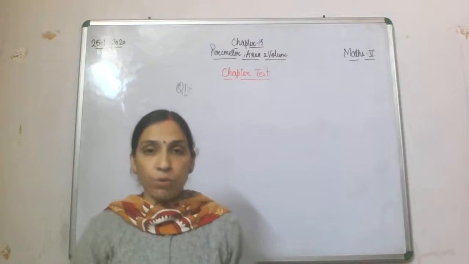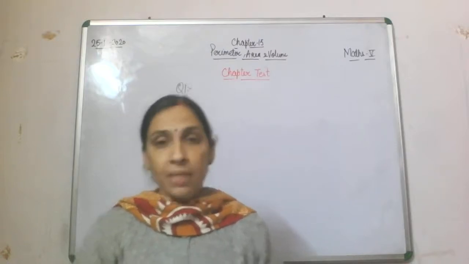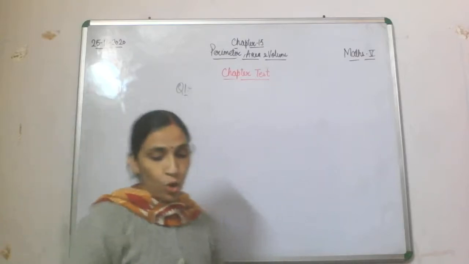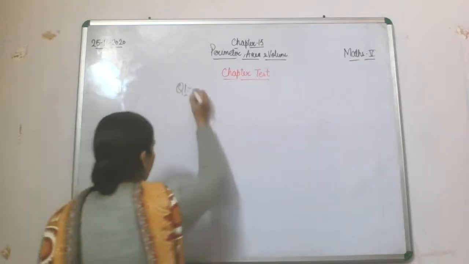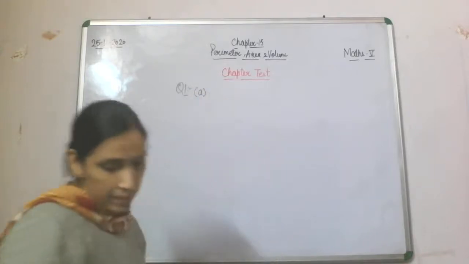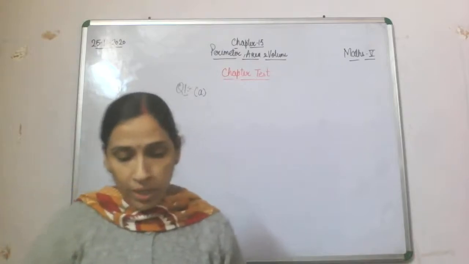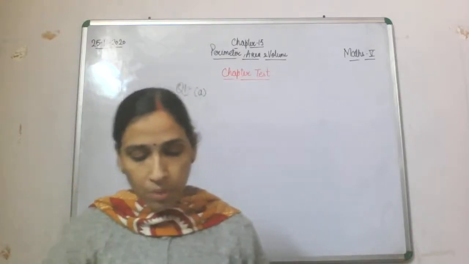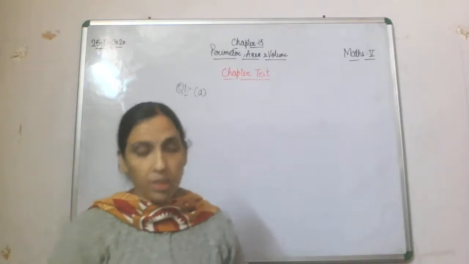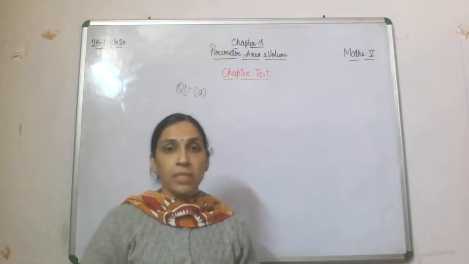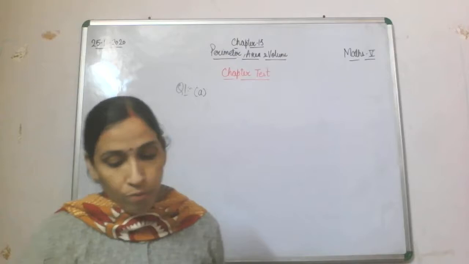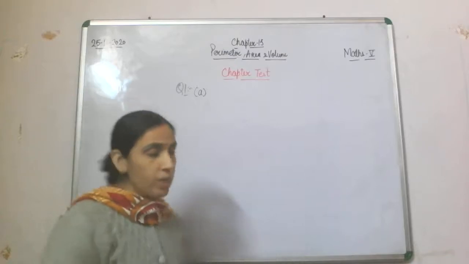See, when 24 square centimeter is the area of that particular rectangle, it means the length and breadth will be such that the product of the length and breadth will be 24. So which one cannot be possible? First one is 1 centimeter, 24 centimeter. Yes, it is possible. Then the B part is 6 centimeter, 4 centimeter. Yes, that is also possible. Then the fourth one is also possible. Only the third one